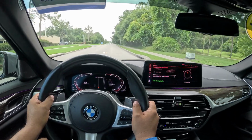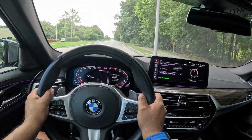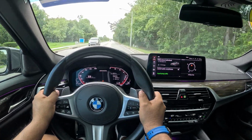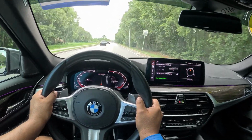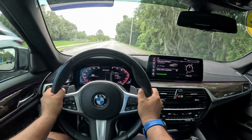And nobody behind us, but we gotta wait. I want to wait for all these cars to go by because there's quite a bit of cars anyway. But let's give it a little bit of gas here. I'm gonna wait a little bit here, guys, gentlemen. Because obviously I don't know what kind of cars are coming, we gotta avoid some law enforcement. But if we give it a little bit of gas now, wow,